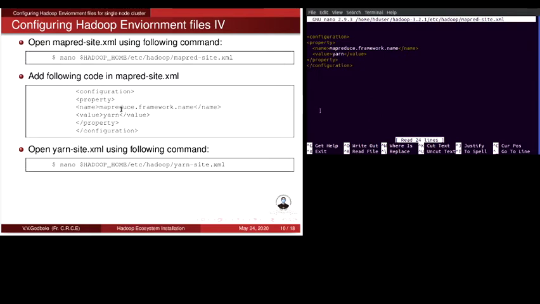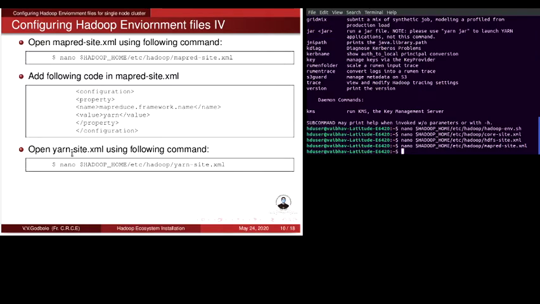So just exit this file and you need to modify the yarn-site.xml file.